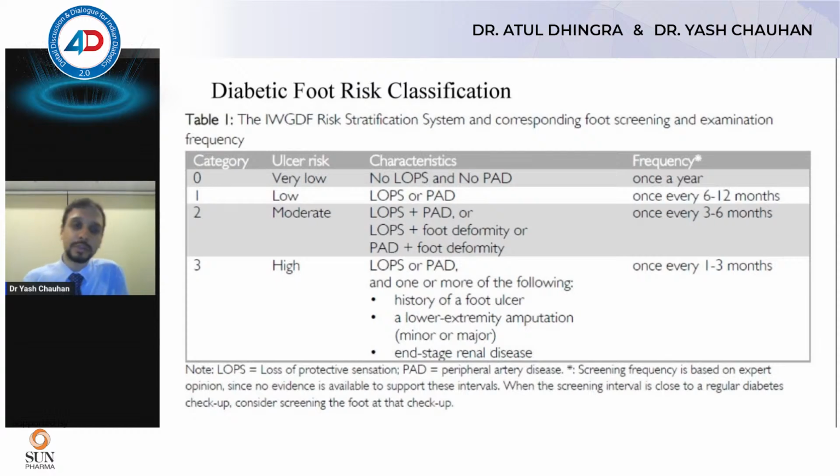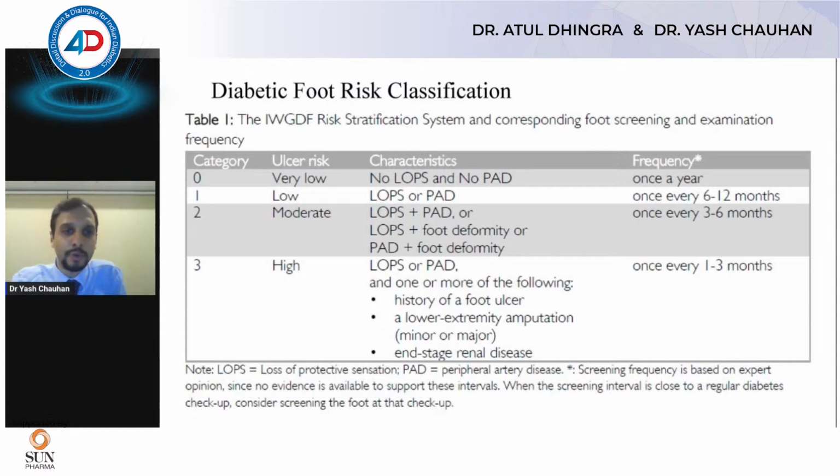Coming to the next thing, this is once the ulcer has happened, right? So now we have to classify a foot. Often patients are on regular follow-up. So how do we prevent it? The prevention happens by classifying it according to a risk classification. We stratify every patient in what risk they fall, and that gives us an idea about how to prevent further ulceration.